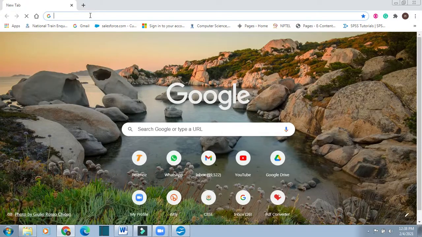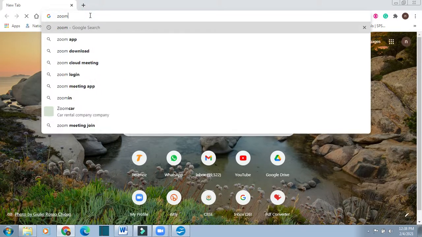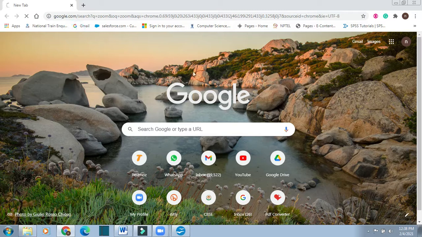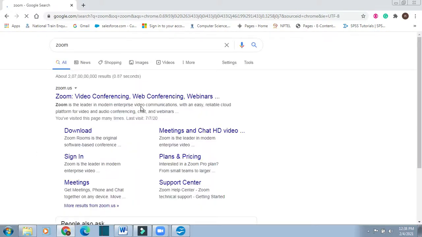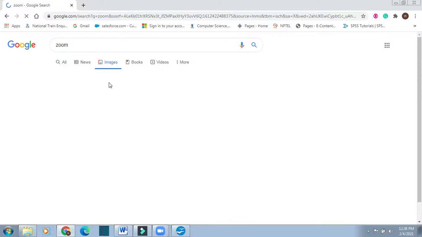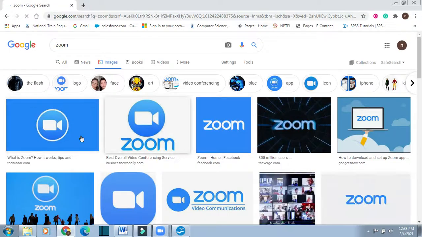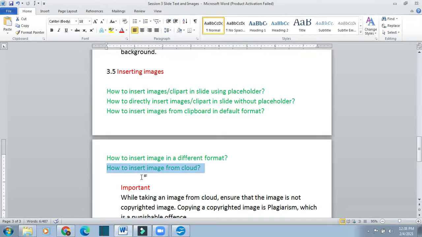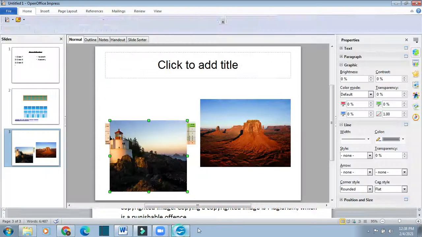Suppose I want to go for image zoom. Here we have zoom. We'll go to images and from here I will select any of the image. So this way we can copy and paste any image.